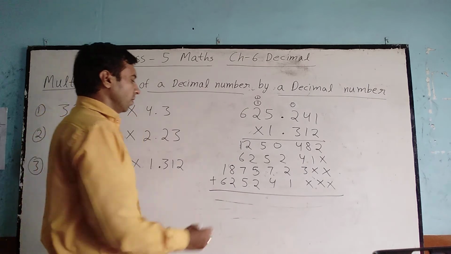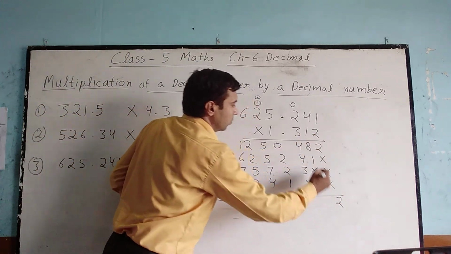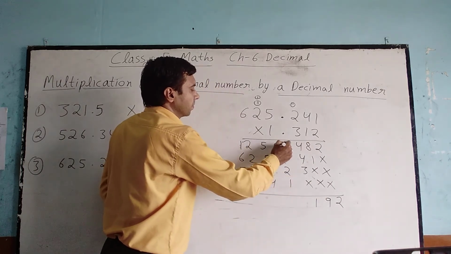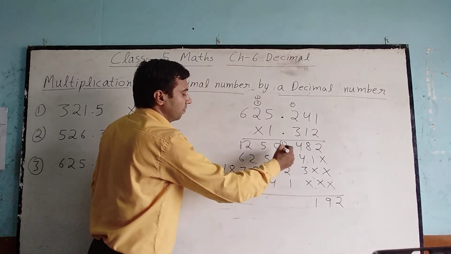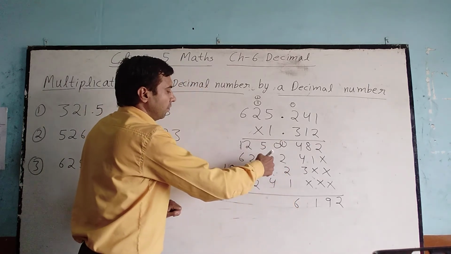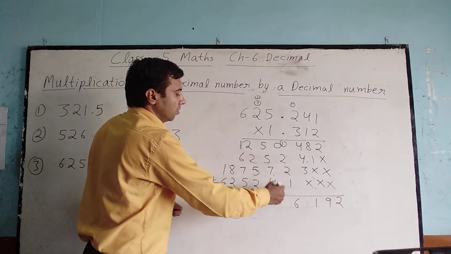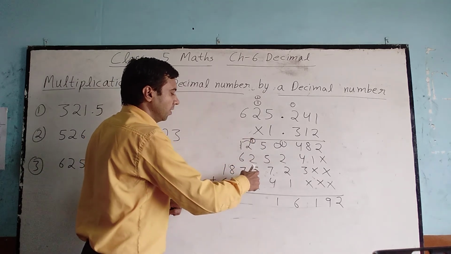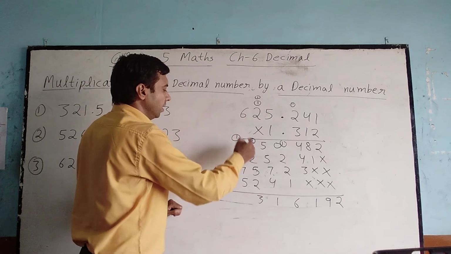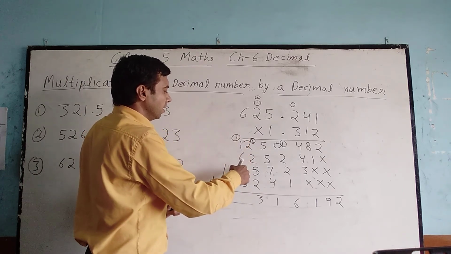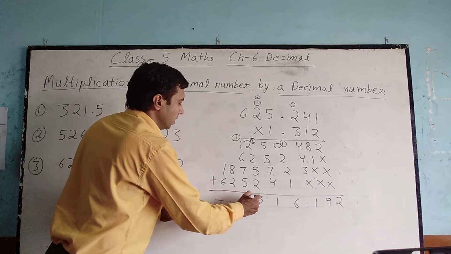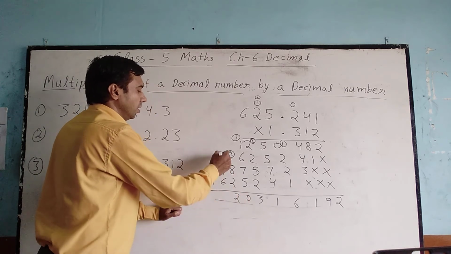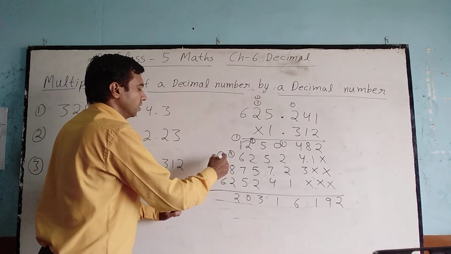Now student, what we have to do? Add. 2 8, 1 9, 4 4 8, 9 10 11. Write 1 here, 1 carry. 2 plus 2, 4, 4 plus 1, 5, 5 plus 1, 6, 5 5 10, 10 7 17, 17 3 20, 21. Write 1 here, 2 carry. 2 plus 2, 4, 4 plus 2, 6, 6 plus 5, 11, 11 2 13. Write 3 here, 1 carry. 6 plus 1, 7, 7 plus 1, 8, 7 8 15, 15 5 20. Write 0 here, 2 carry. 8 2 10, 10 plus 2, 12. Write 2 here, 1 carry. 6 plus 1, 7, 7 plus 1, 8.